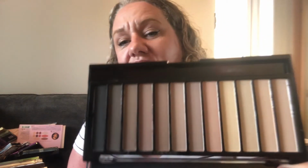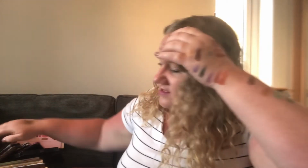I got this when Revolution were doing it. It wasn't like the mystery bag, but when you spent say £15, you got a little box and it had this in it and a couple other items. This isn't identical to the one that I've just thrown away. It's got more mattes than anything. The other one was more shimmers than mattes, but this will be my everyday go-to type for work, the colours that I wear. To be honest with you, the other kind of brighter colours I tend to just wear when